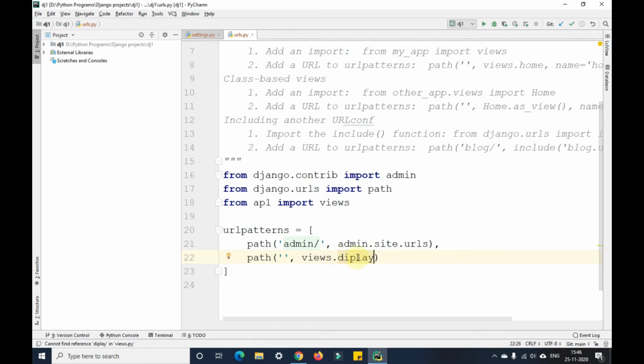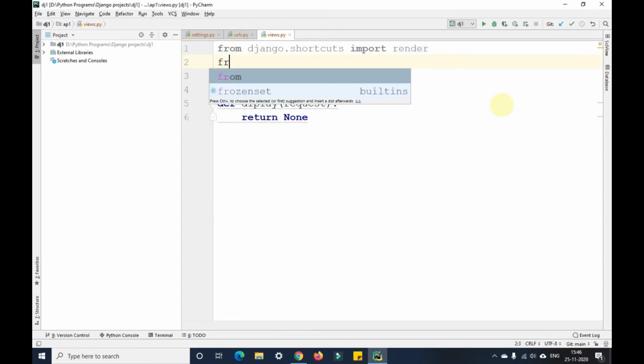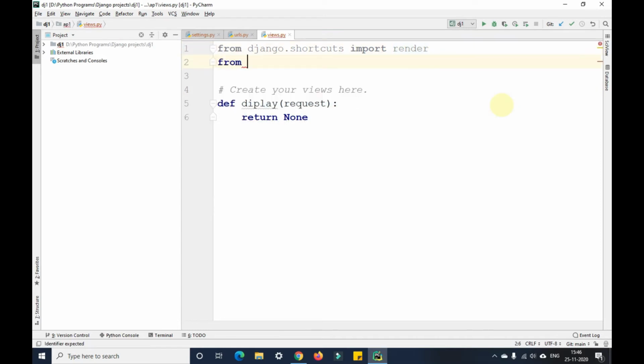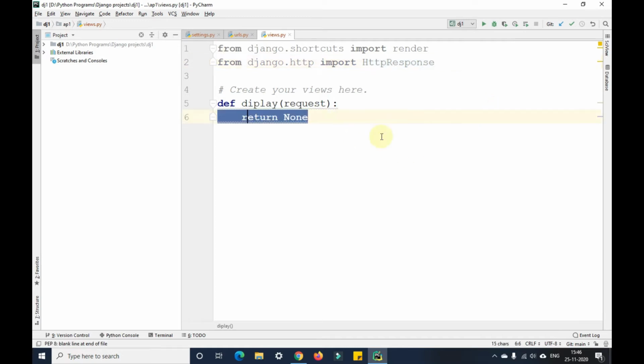The moment I click on alt enter, you can see the display function is ready here. So now we'll write some code here. We'll first import HttpResponse from django.http. Okay, now I'll write a message.